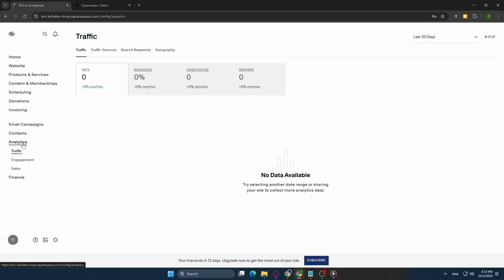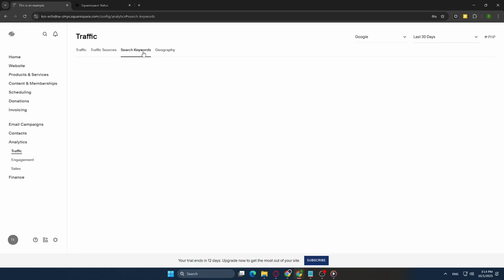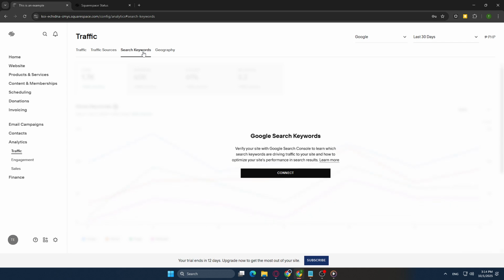your online strategies. Now let's focus on accessing the Search Keywords feature. Under the Analytics tab, you will see various options like traffic, sales, and acquisition, just to name a few. Navigate through these options until you find the Search Keywords section. Click on it. This is where the magic happens. Search keywords give you a window into the search terms people are using to discover your site or specific pages